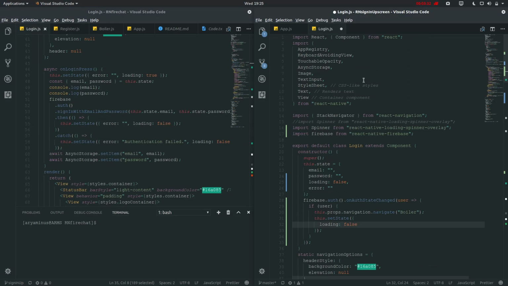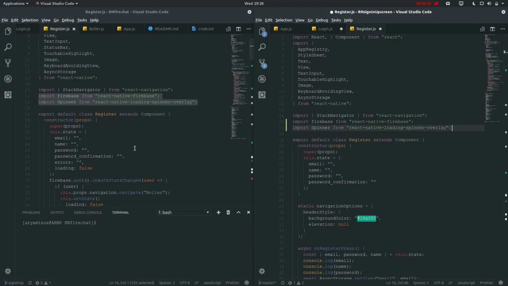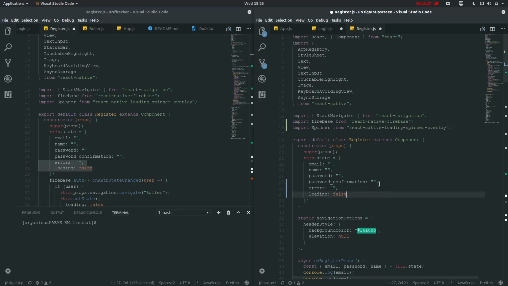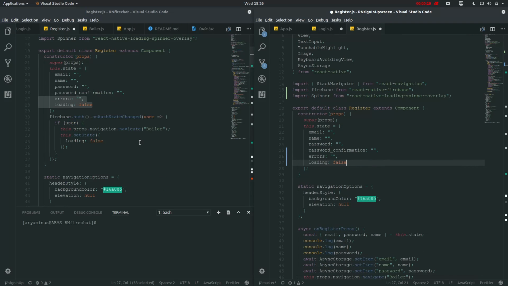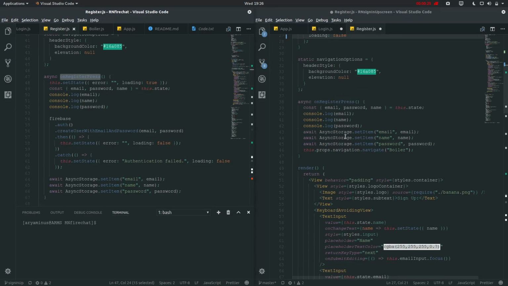Now let's look at register. So in register too we need to import them, and then we'll be using these errors and loading false again. I don't think I need to explain it to you again. And then this on register press is the same as on login press. So here we'll be defining this,